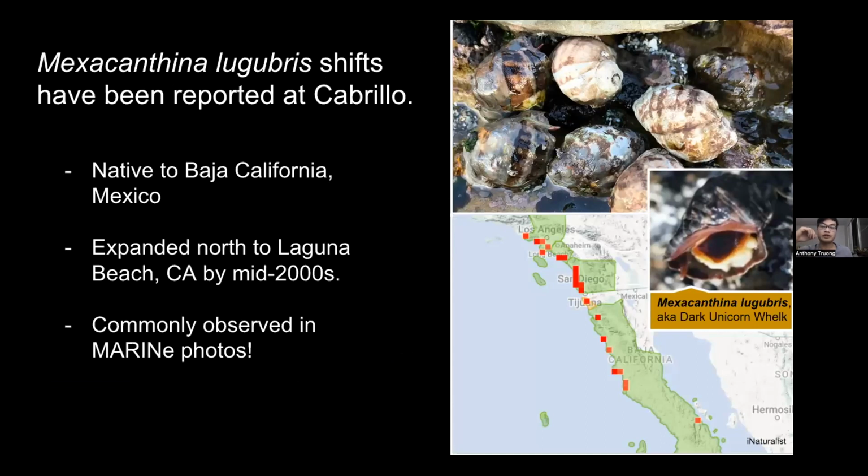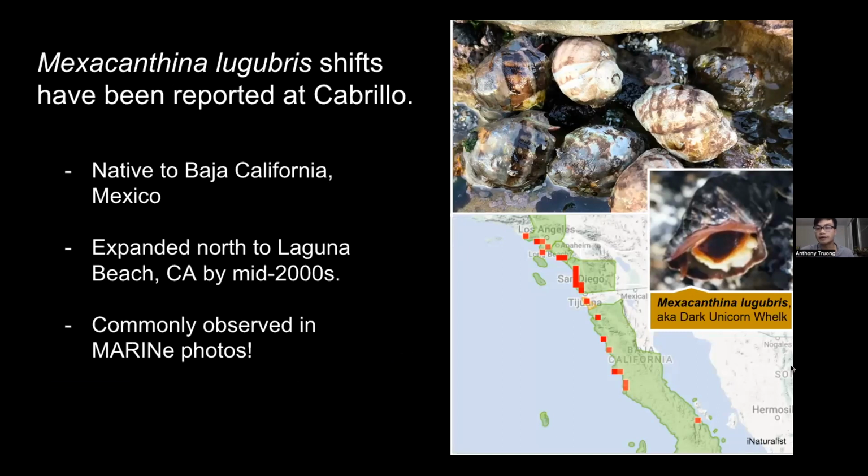So one such species that has shifted its range into Cabrillo is Mexicanthina lugubris. And that's going to be the topic of my project and of the rest of this talk. Mexicanthina is also known as the dark unicorn whelk. You can maybe see it here, but it's so called because of this little prong